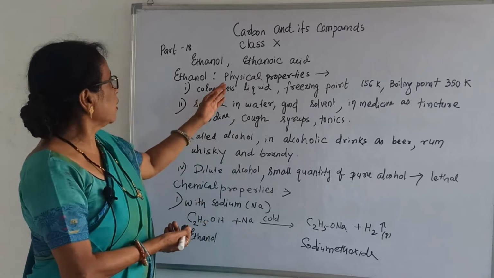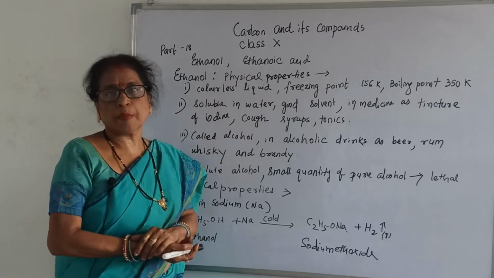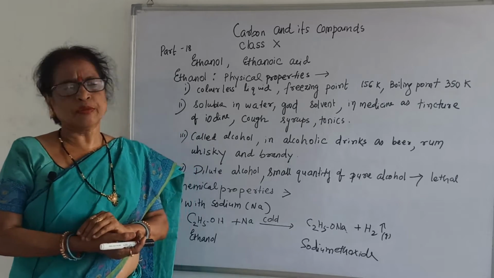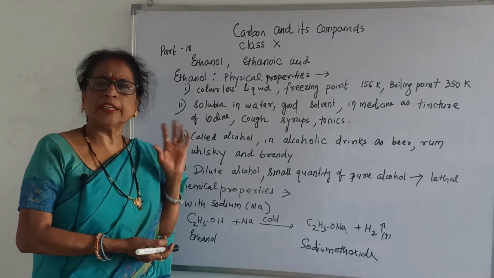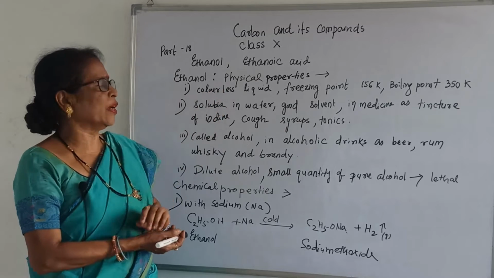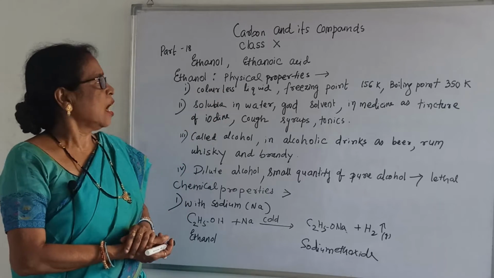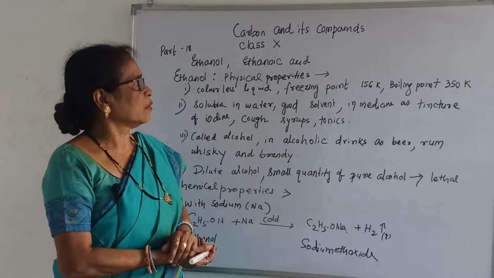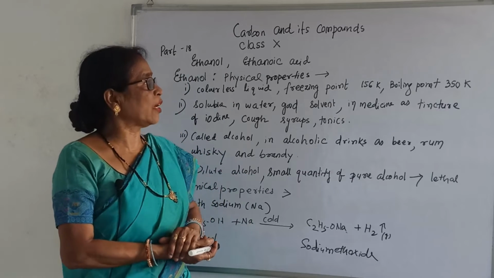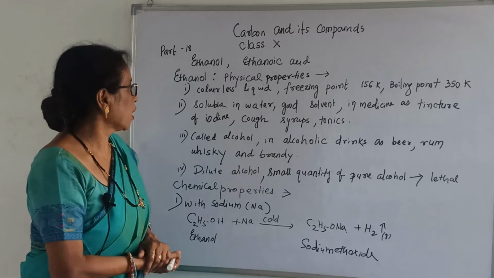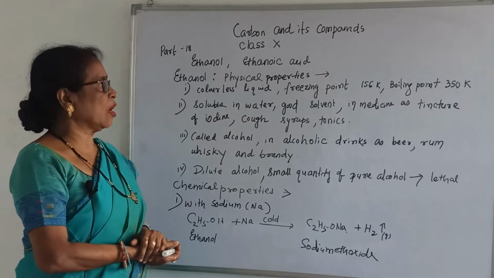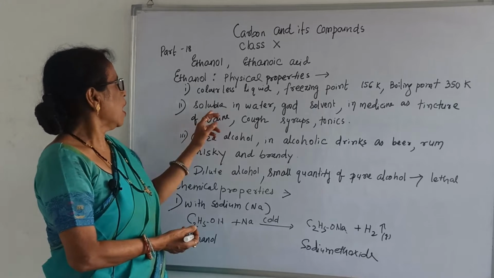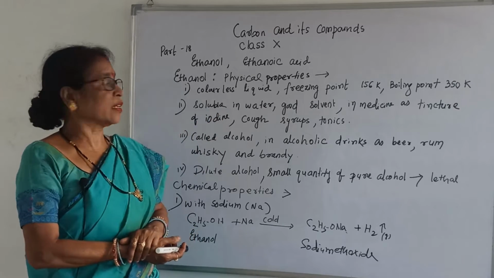So here I am going to start with physical properties. What are the physical properties? Ethanol is generally a liquid, a colorless liquid at normal temperature, and the freezing point is 156 K and the boiling point is 350 K. K means Kelvin, 156 K is the freezing point. And it is soluble in water